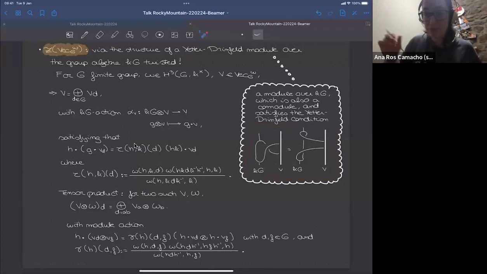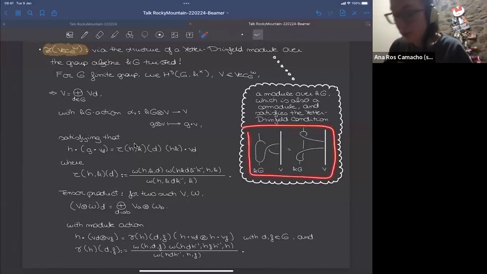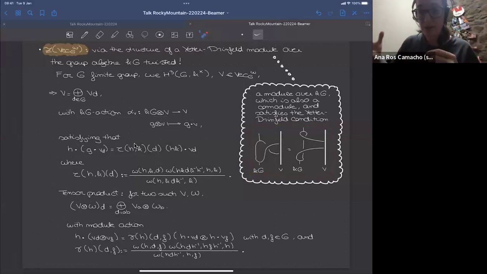How to explain? It's a certain condition related to the action of the group algebra on your objects. And also, it needs to behave in a certain way concerning braiding. Something is involved too, but it looks so beautiful. Just keep in mind: a module, a comodule, some condition in there. That's it. That's everything you need to know.